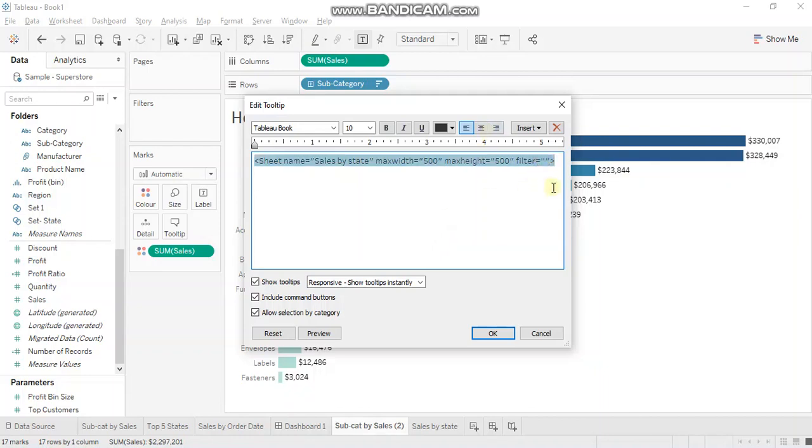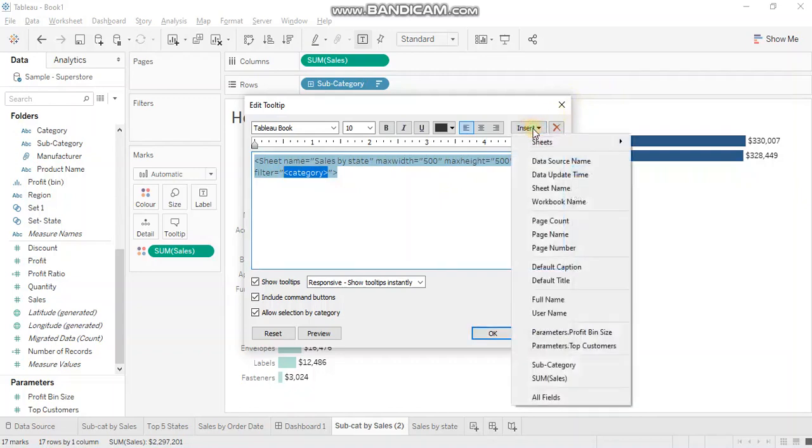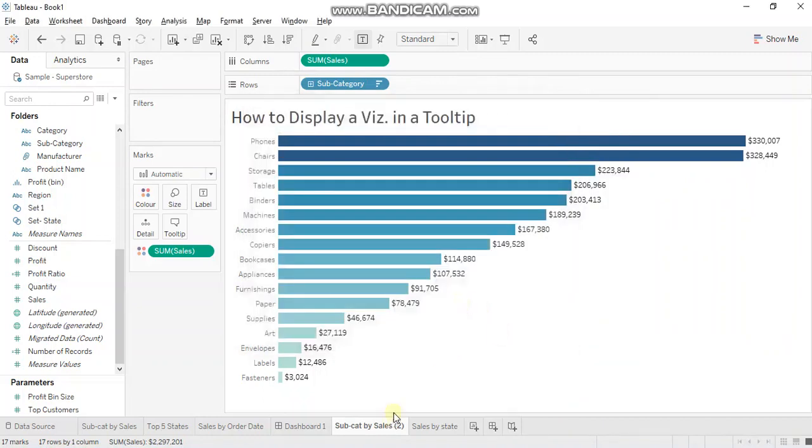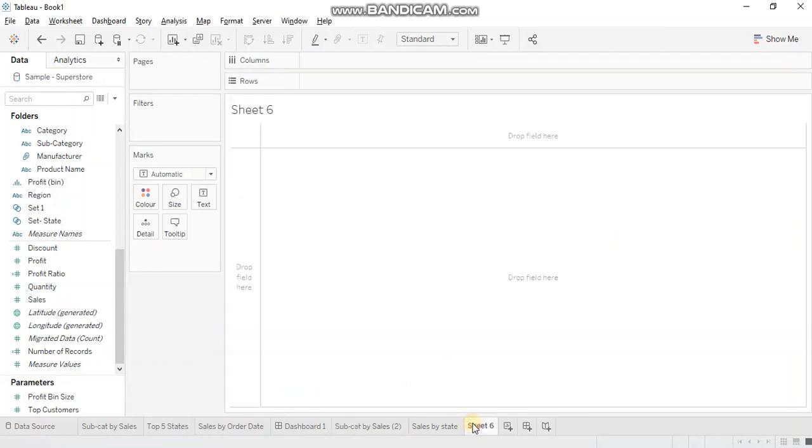So also tip number 3 is do not go and manually write the dimension name over here. Let's say category. This won't work at all. You have to manually go and insert it from this list. Okay, so we need all fields. So choose all fields. Click OK. So this is done. Now let's go ahead and create another visualization to check whether we can use